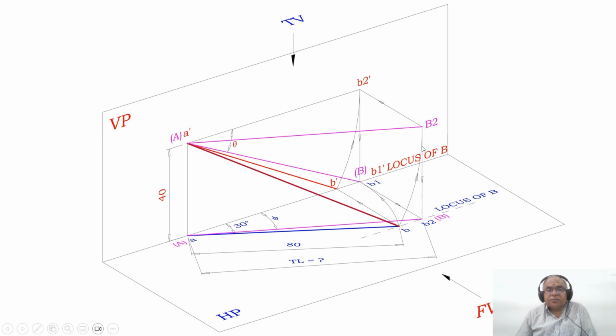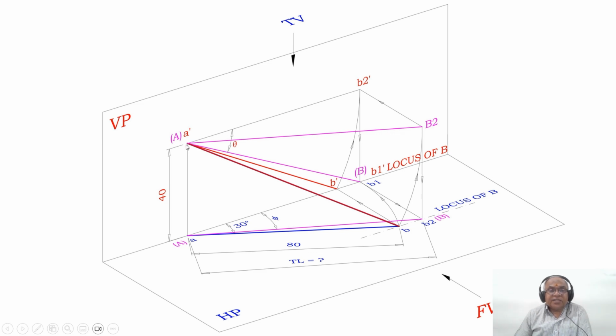So as we are rotating this, what happens to the image in the vertical plane? The image in the vertical plane is also getting rotated. As we see from the front view, this point will be on VP, above HP. Since it is on VP, obviously that point will be on HP. Now B is on HP, so obviously that point will be seen in the vertical plane on the XY